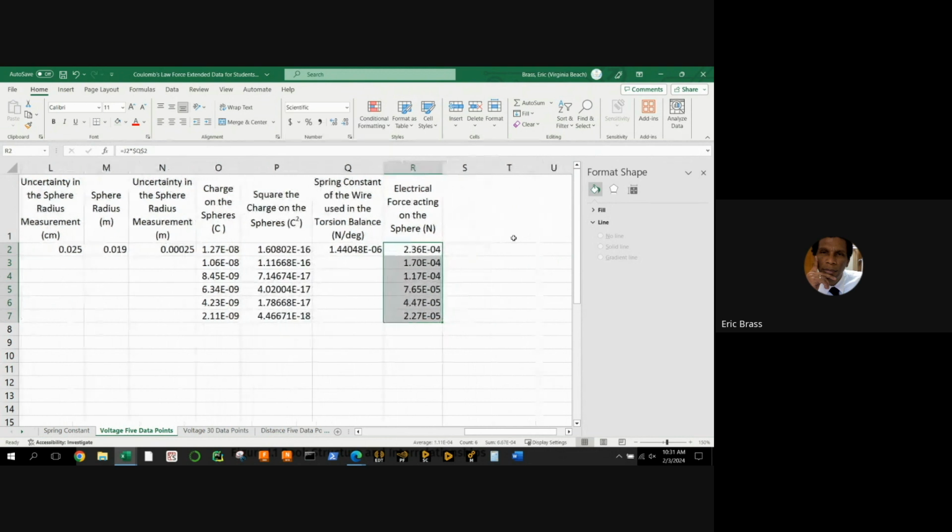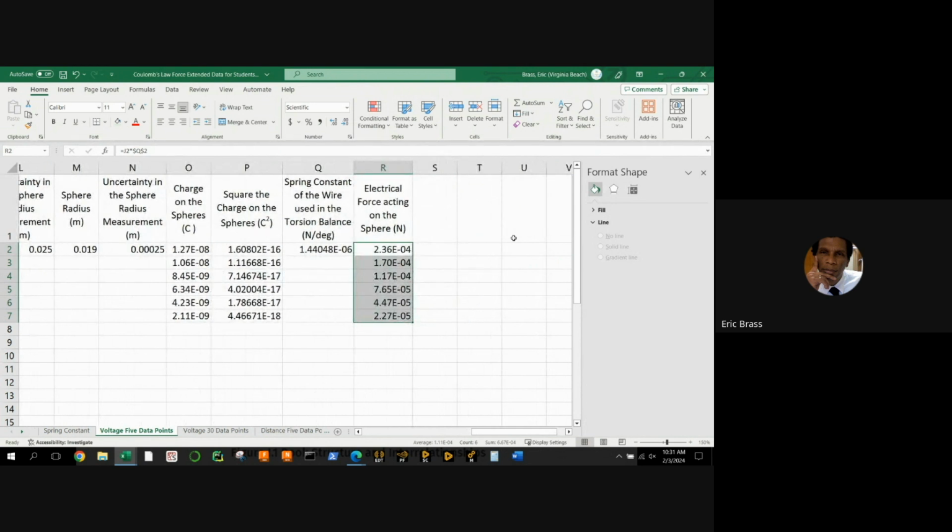Okay. You guys can sort out the significant figures. I'm not going to worry about those right now. So we have our charge, which is on the x-axis, and we have our electrical force, which is on the y-axis. Now let's use the LINEST function